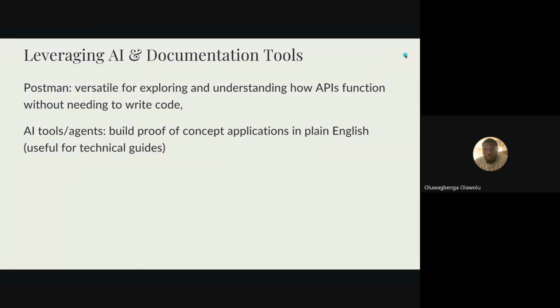Sorry, I didn't define what an API is. I assumed. But an API simply means application programming interface, right? That's simply what it means, which means it's just an interface for you to communicate with another system. It could be a banking service, it could be a payment service, whatever it is. They all have a clear interface that can be called from any system in any programming language.